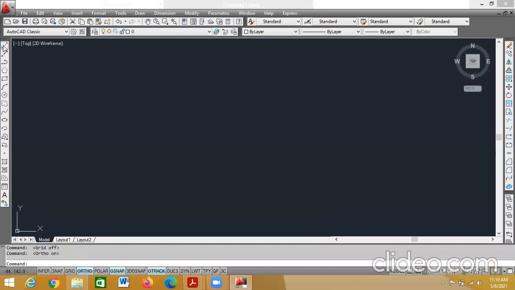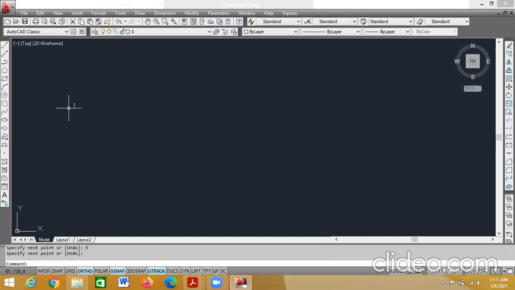Go for the line, draw line. It asks here in the command, specify the first point. Click somewhere, specify the first point, drag your cursor downwards, specify the next point. So type 5 in the keyboard because I'm drawing a line of 5 mm. See, in the command toolbar, specify the next point. I have typed 5 and press enter. Then again you can press enter or you can press escape so that this line option will go. See, you can see a very small line of 5 mm.